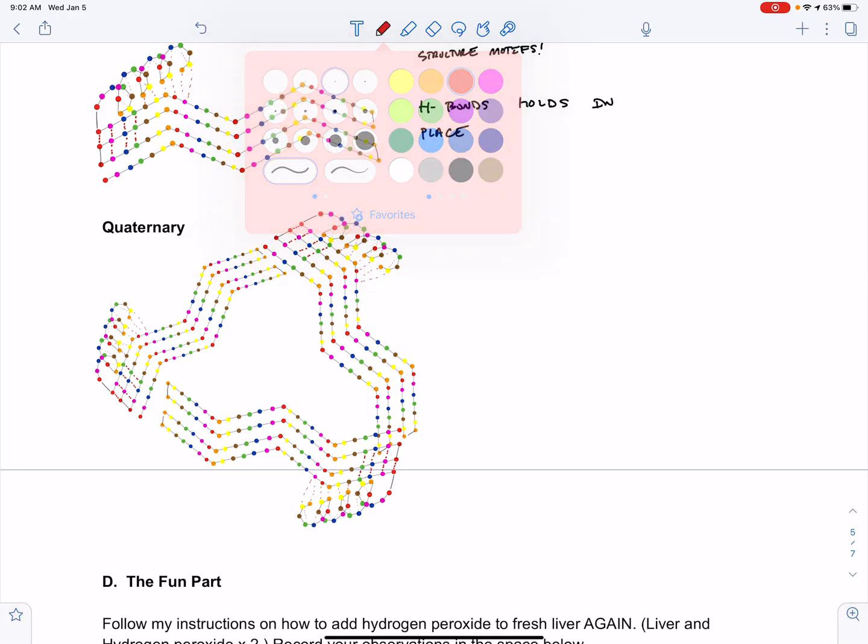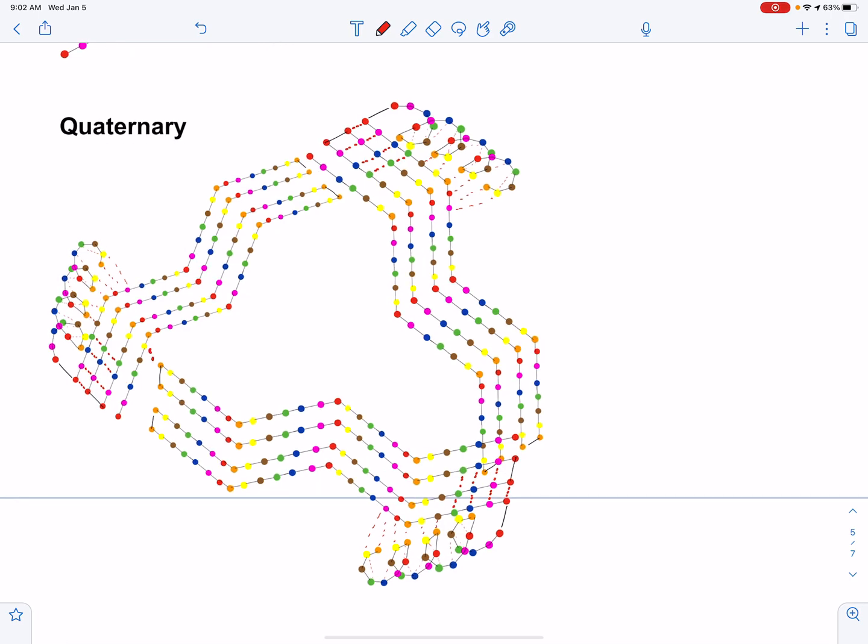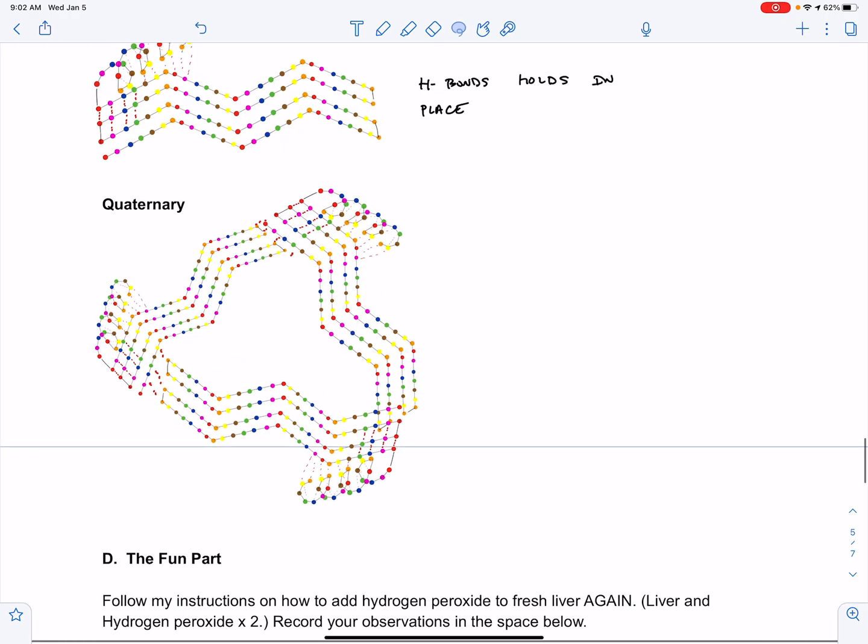And once again, this quaternary structure, these different subunits, are held in place by hydrogen bonds. So H bonds